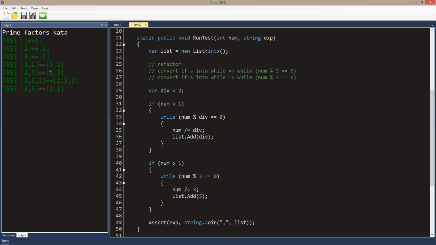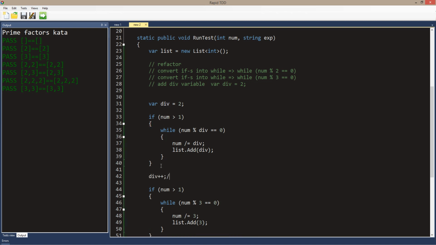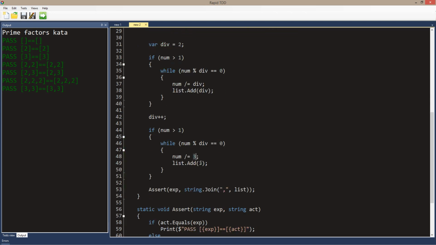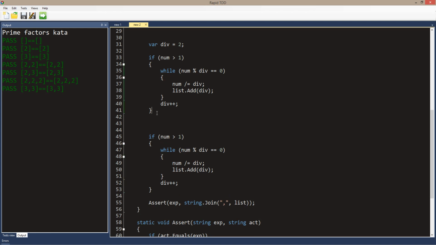And the test passes. Add the variable, okay, and I will do the same thing for the 3, but before that increase the number. Run, everything is fine. So I move this variable inside the if block,